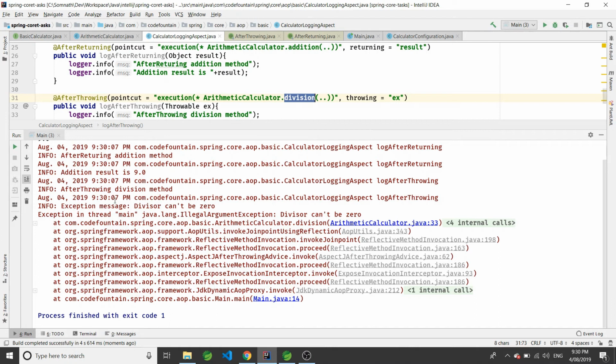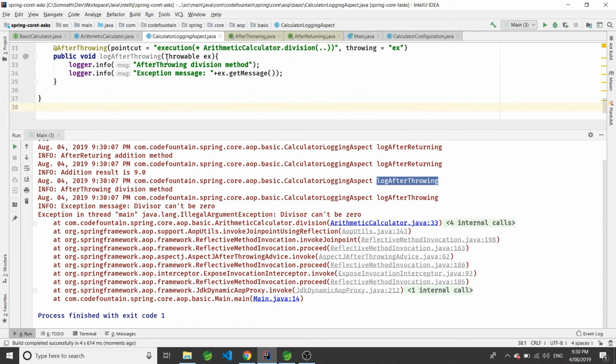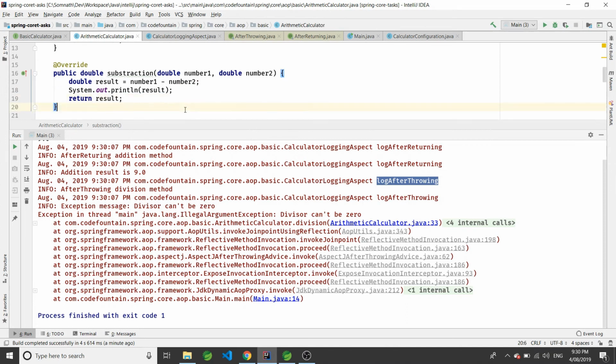Okay, so we got our stack trace. It's showing the log after throwing method first of all, and it's printing after throwing division method, which is from our method, and then it also shows the exception message, divisor can't be 0. So this is again from here. Basically this message is from our actual class, arithmetic calculator.